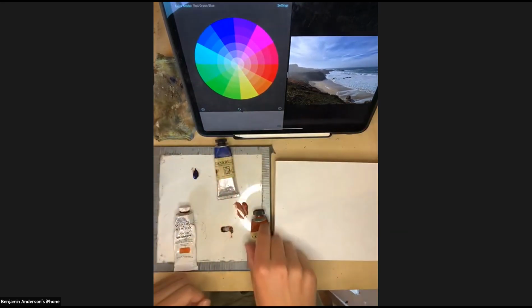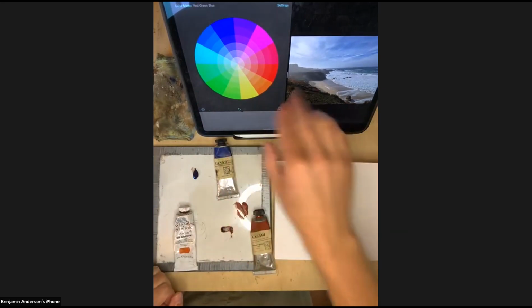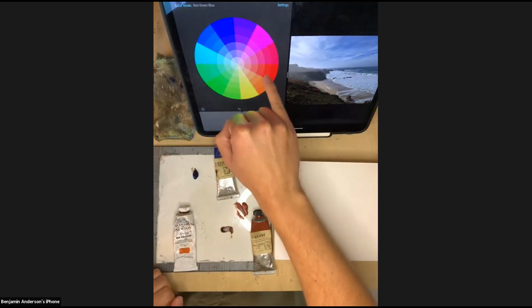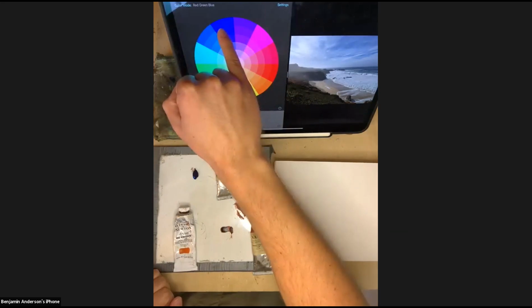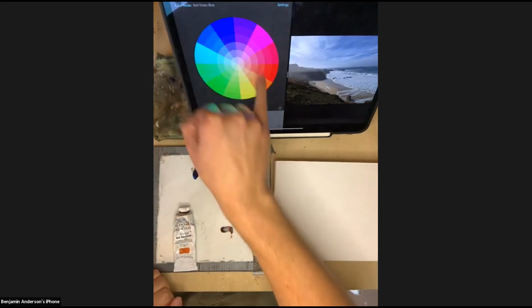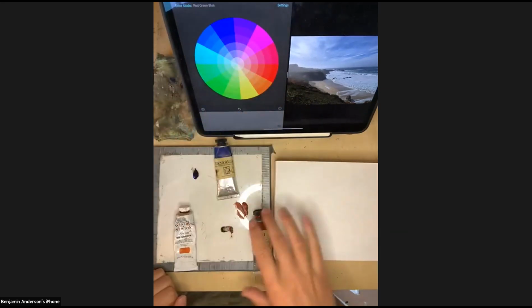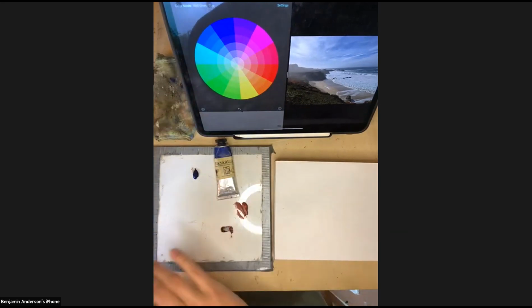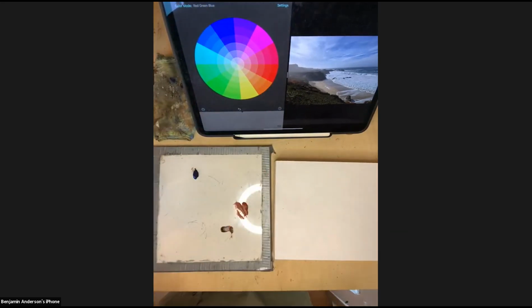We want to help. So I'm going to say, I want a warm underpainting in this area because I'm going to put blue over it. And that's going to help. I'm going to be working with opposites essentially. So we're going to go ahead and remove these. And I'm going to blend